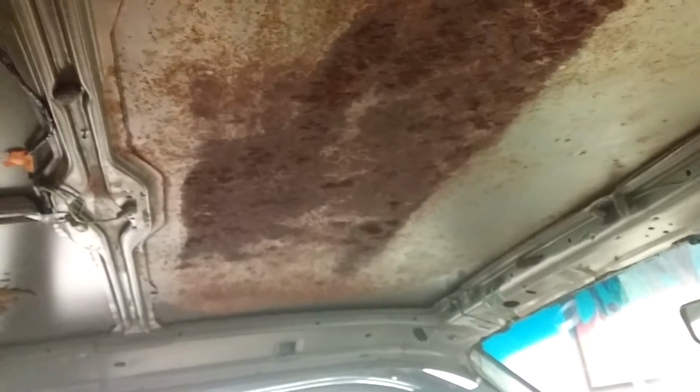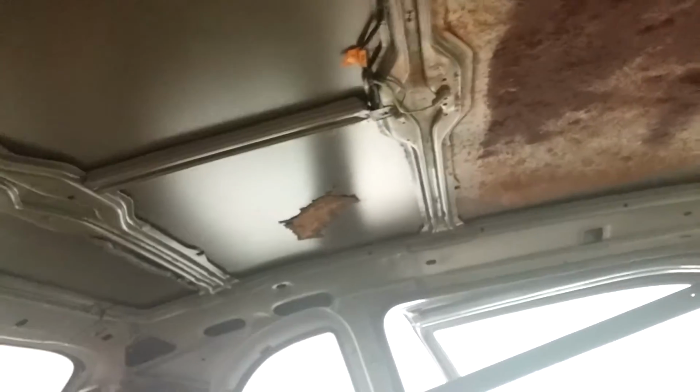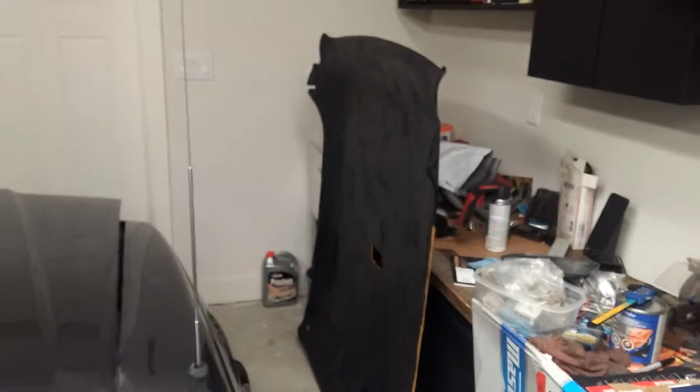That's surface rust, and you can see where the paint has totally come off. I guess trapped moisture above my old headliner let this happen, so I'm going to sand off as much as I can. That little patch is just whatever that sound deadener was. And then I've got some primer. I'm going to prime it up before I put that back in. This is the job I've been looking least forward to: A, the headliner, and B, now this surface rust and this thing. So, well,